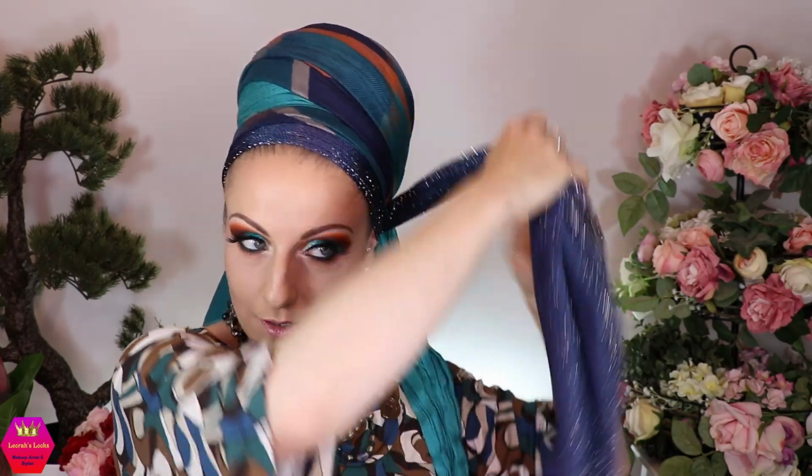Something like that. And I'm going to tuck this in here, and I'm going to also take the shimmery, and I'm going to sort of line that here in the middle, in the middle of this layer that we just put down with the patterned scarf. And I'm also going to tuck this away